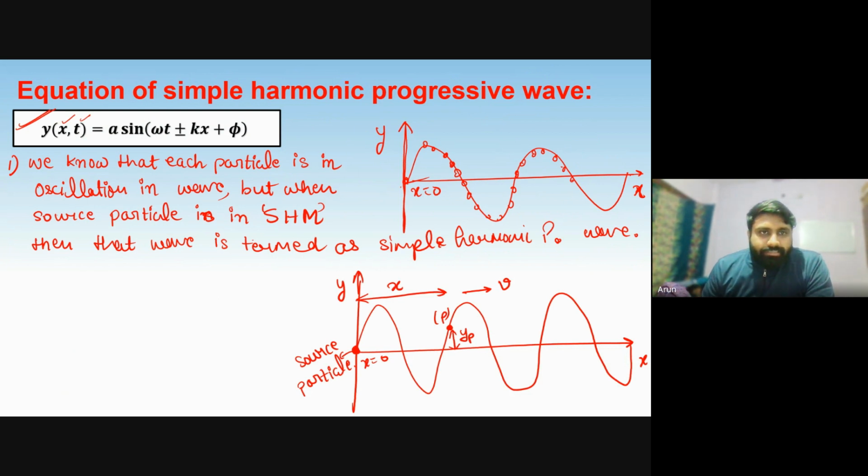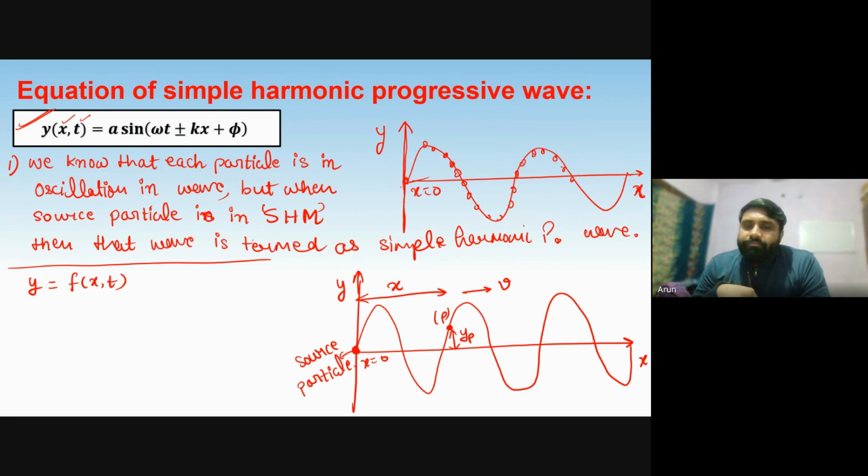Now, we know that y is a function of x and t. Now, listen to me carefully. We want to find out the equation of this yp, the displacement of this particle. Got it? Now, if I put x is equals to 0 in this expression,